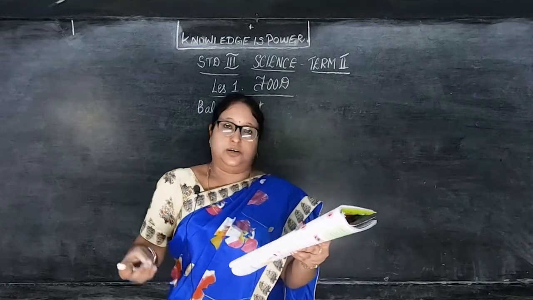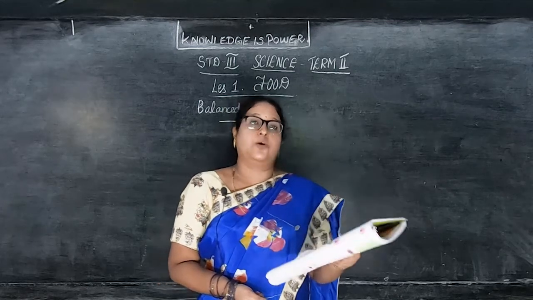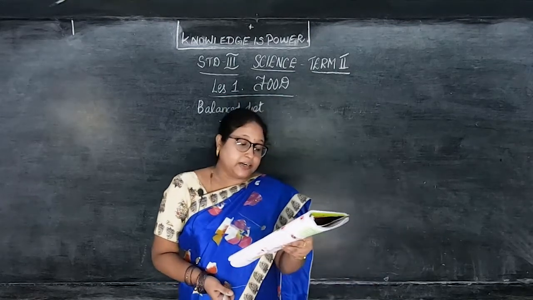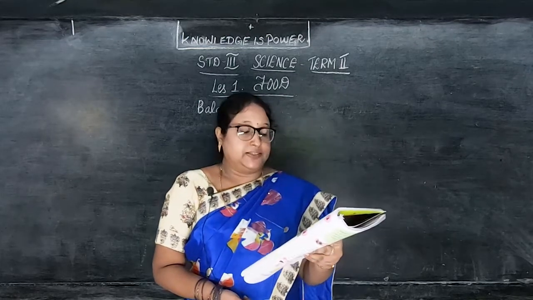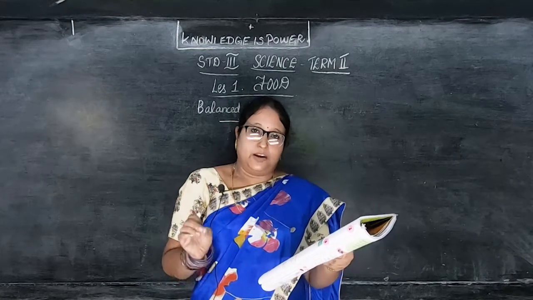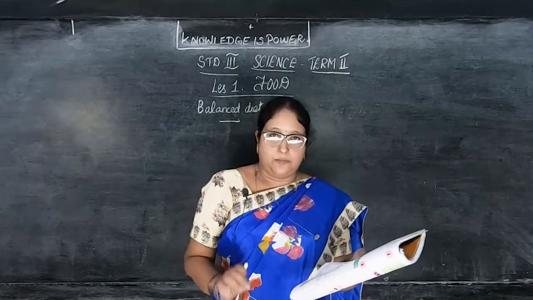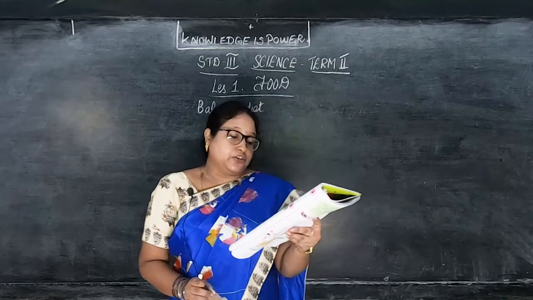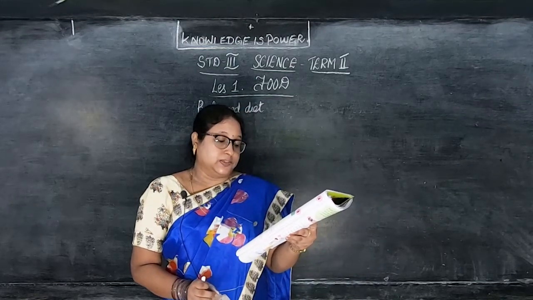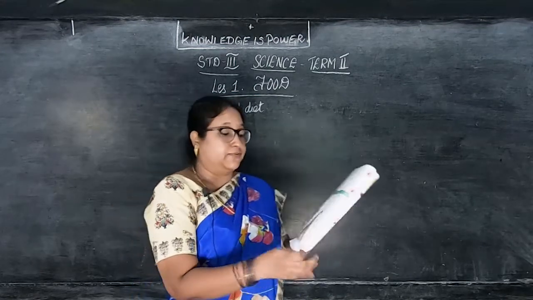Fiber, that is food and water. It helps in the growth and development of our body. So a balanced diet contains all nutrients in the right amount, that is the correct amount. It includes fiber and water, and it helps in the growth and development of our body. Then the quantity of nutrients required by body and the sources can be shown in a food pyramid. So this is a food pyramid, children. There is a picture given here, food pyramid.